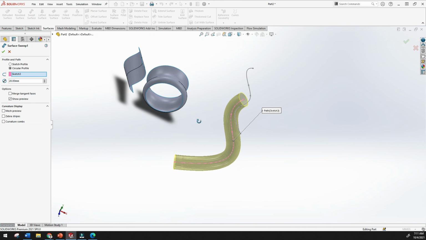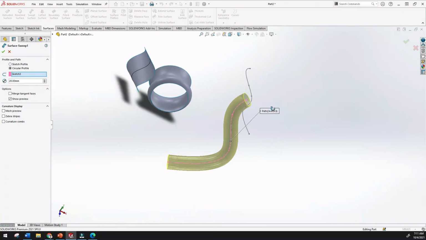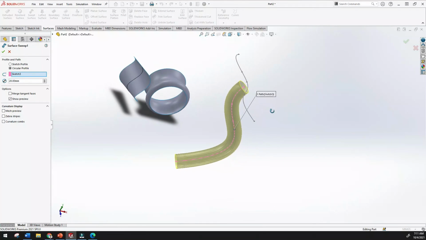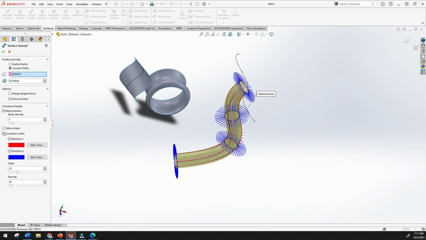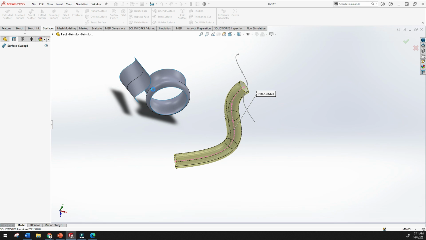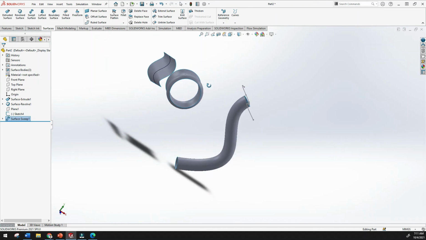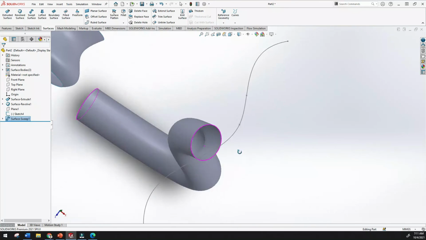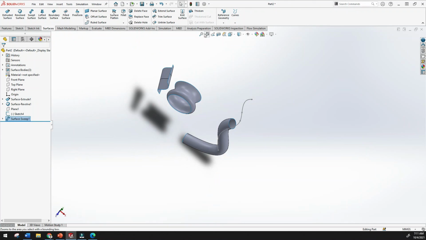If there are any advanced sketches or advanced surfaces, then you can use merge tangent faces, so it will merge according to the tangent faces. Here is the mesh preview. Some preview options are there. And done. I created it using the circular profile, and see here it is completed.